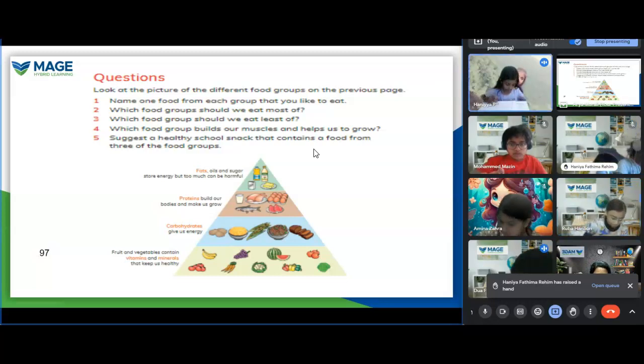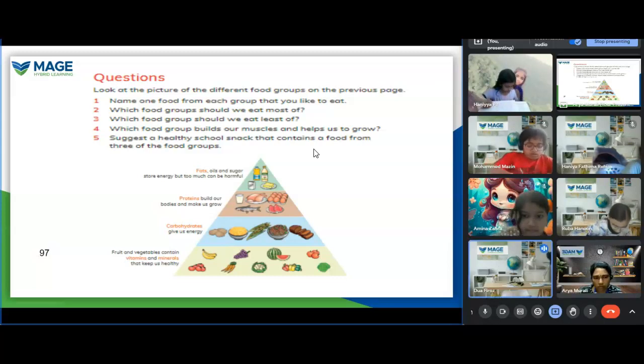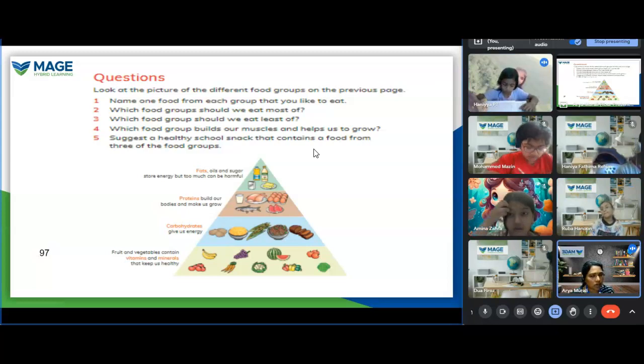Yes, it's proteins. Vitamins and minerals. If you like to eat fruits and vegetables, then you can write it as vitamins and minerals. Yes, Dua, what? Ruba, our